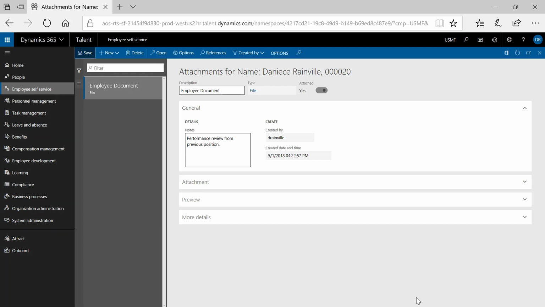And then you can also take a look at the different options that we have in the action pane. We have the new feature, which we already looked at. We have delete if we would like to delete the files. We can open the actual attachment from here. And then we have options, references, and the created by section. So if we click options,